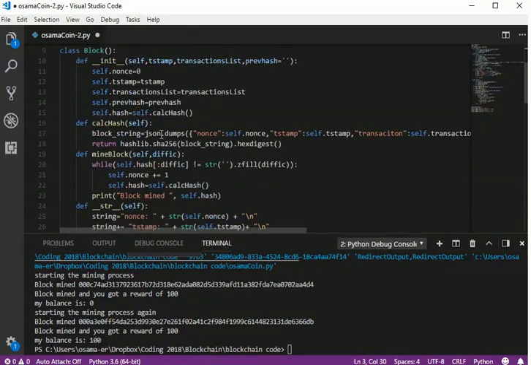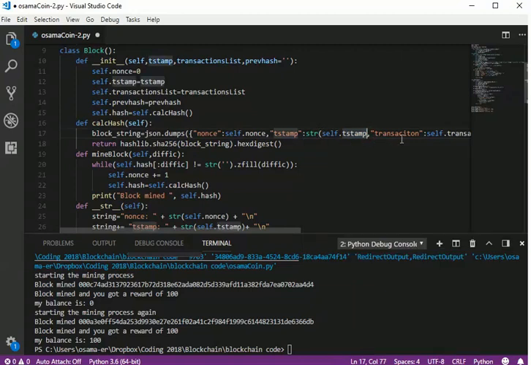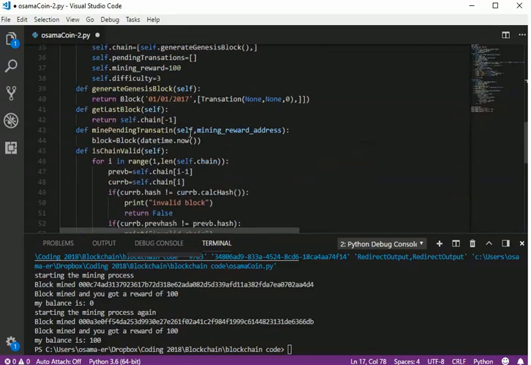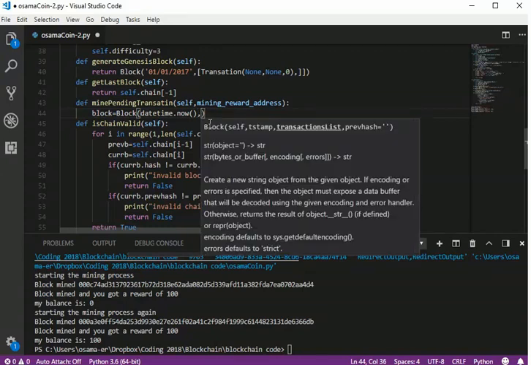Okay, we have here the timestamp must be a string, because it will not be accepted by the JSON. We have to convert it to string to be able to calculate the hash value for it. So here we return back to the mine pending transaction. We added the timestamp, and then we pass the pending